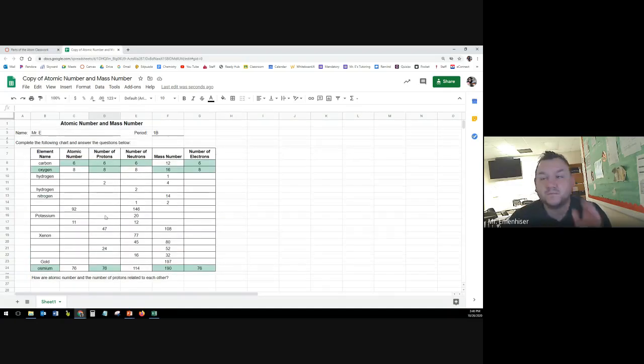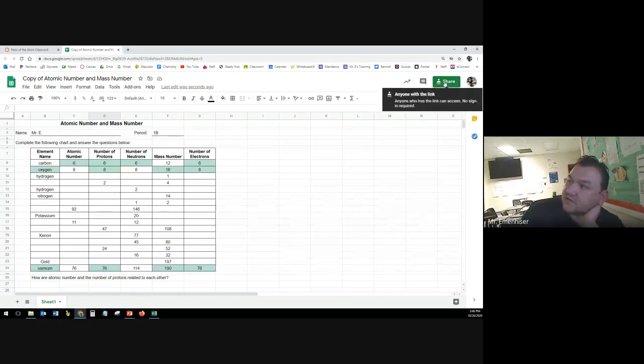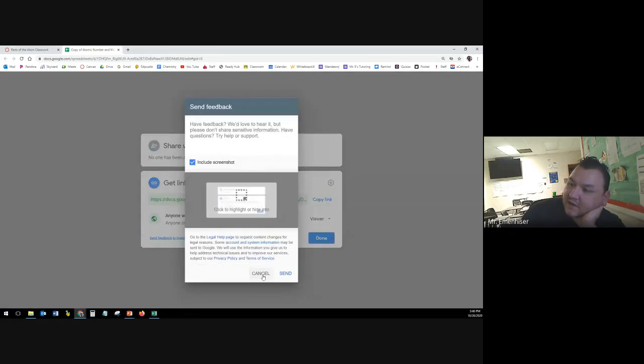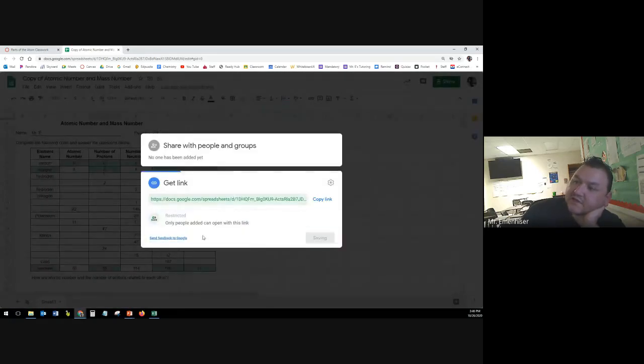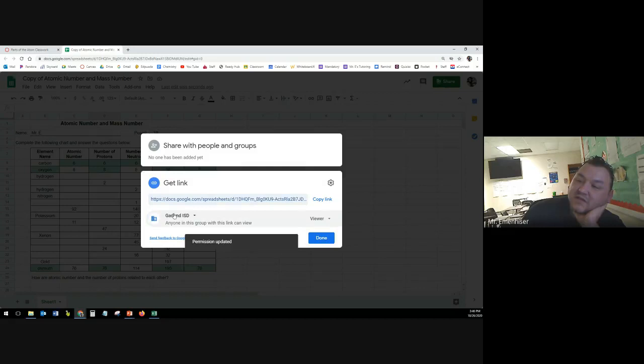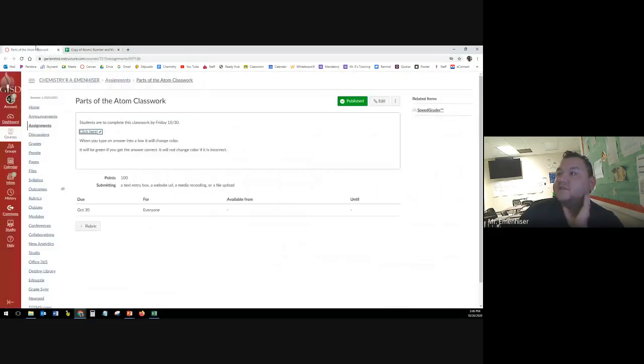And then when you're done, you're going to click share. It's going to be locked, so let me lock it back. So this is what you're going to see. It'll say restricted. Only people added can open this link. So if you change this to anyone with the link, or even just Garland ISD, click copy link, click done, and then in this classwork, you're going to,